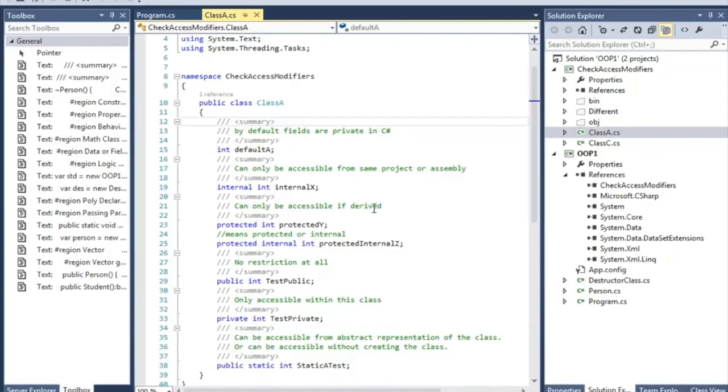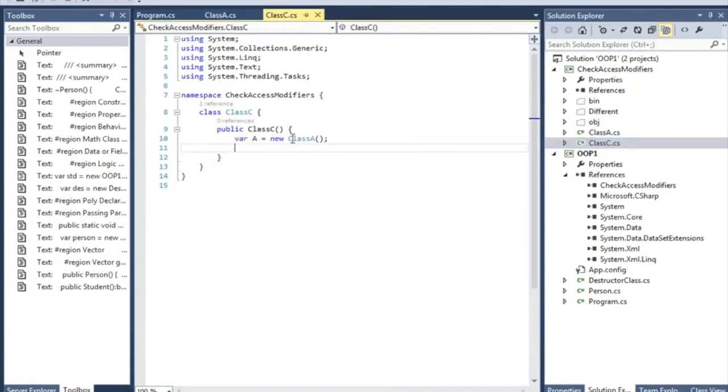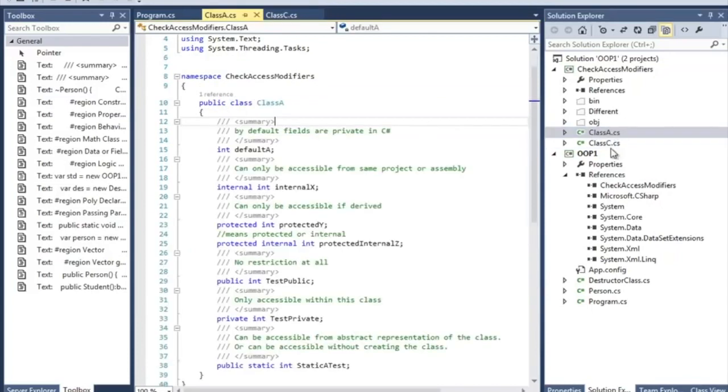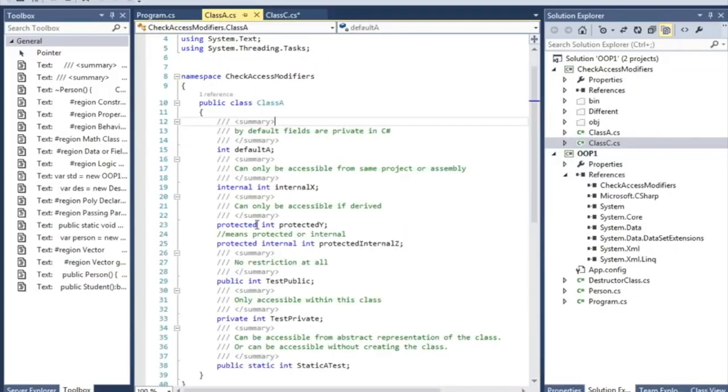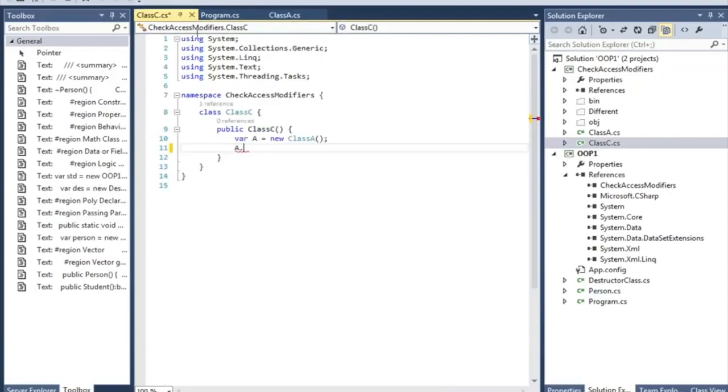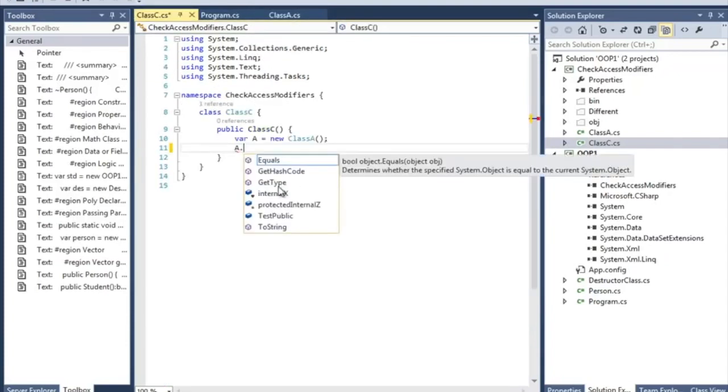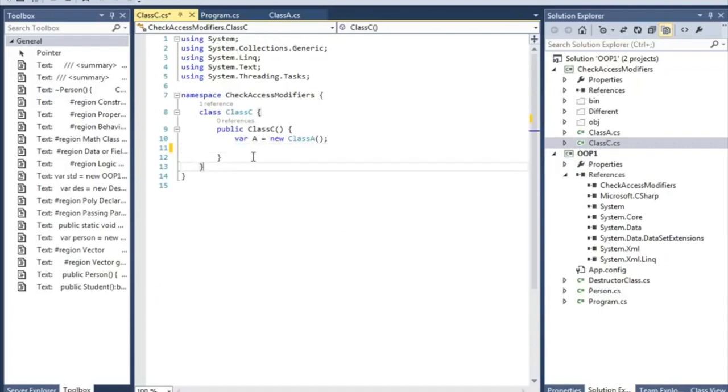Let me give you an example of protected. For protected and internal, we have already declared class A like this. If we just type dot, you'll see that internal is available inside the assembly, in this case the whole project, and protected is not there. To access protected, let's say you define a class. It's not a good practice to make a class like this.